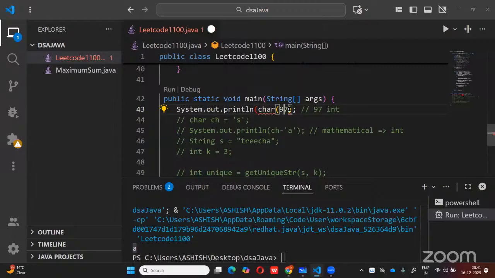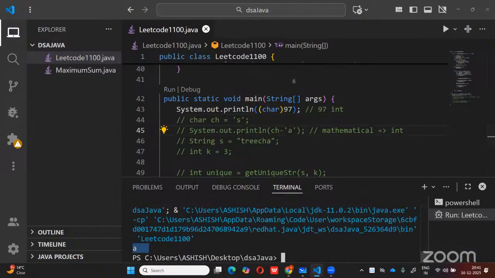So this kind of conversion happens and then it is printed in this format, right? Let me show you this as well. This is how A is printed. Each of these alphabets is stored as its ASCII code, and then this explicit or implicit conversion happens, and that's how A is coming out. So whenever you're doing any kind of mathematical operation, it is happening on the ASCII values, and that's how we are getting those 0, 1, 2 as our indices. Is it clear,